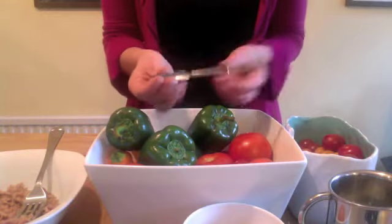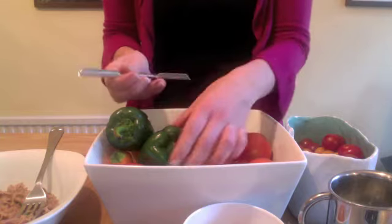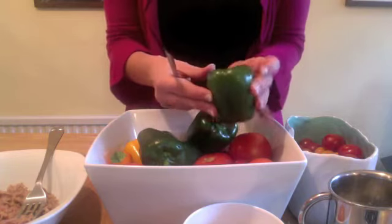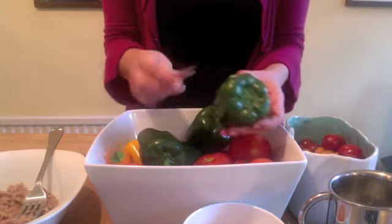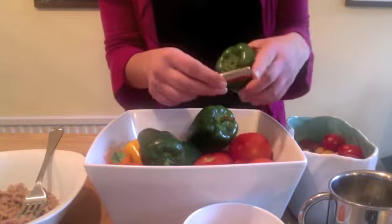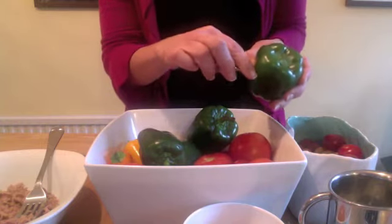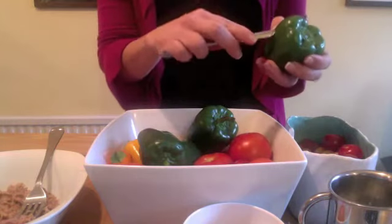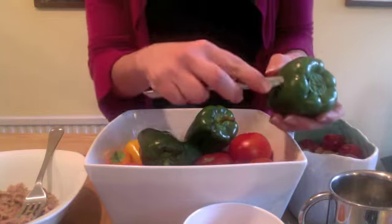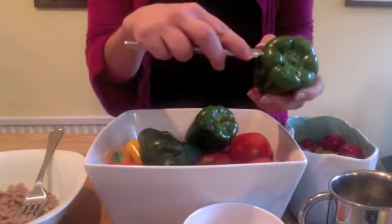Then I'm going to use what we call a UV cutter, and I'm going to cut the top of the peppers in a nice way that will resemble a flower. So I'm starting pretty much at this height, and I'm going to use the cutter on this side, and I just go through the pepper as deep as possible, because we really need to cut the top of the pepper. So I go all around the pepper,